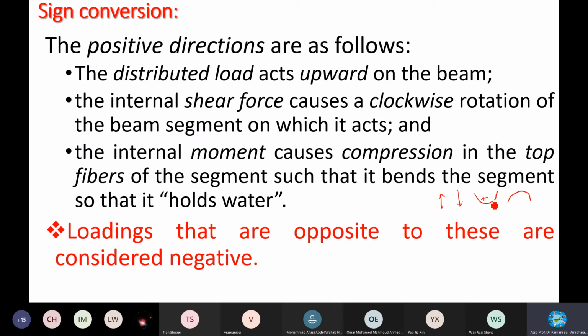It can store something, right? It's like a pool, it can store something, that's why it's called sagging positive. In terms of moments, we call this sagging, and this hogging. H-O-G-G-I-N-G, hogging. Hogging is taken as negative. Let's see the following slides, which can explain in more detail where the sagging and hogging occur, what type of member they are, and how to design them. Remember the sign convention while doing your analysis and drawings.